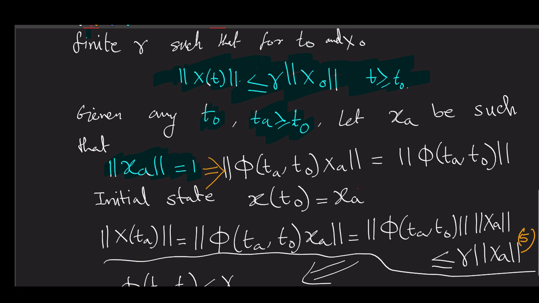Now generally, if we check that norm of a into b is less than or equal to norm a into norm b, you will see that it comes from that multiplication. So if norm of xa is equal to 1, there will be no chance it will become exactly equal to this one. Now initial state, let us consider that initial state x(t naught) is equal to x. That means no one can stop you from selecting this. Try to understand that xa means